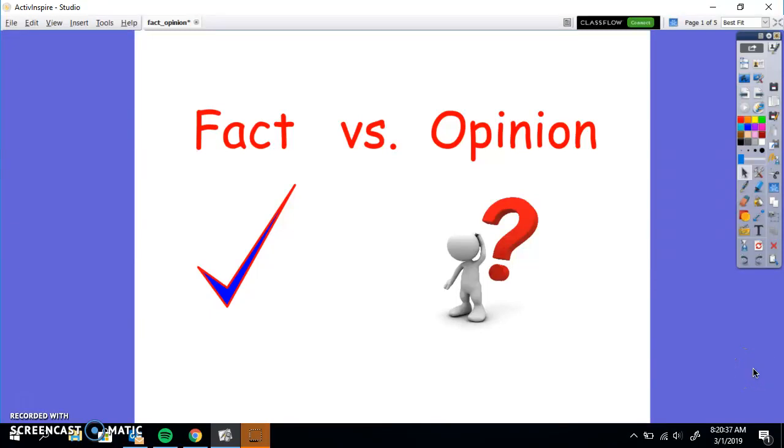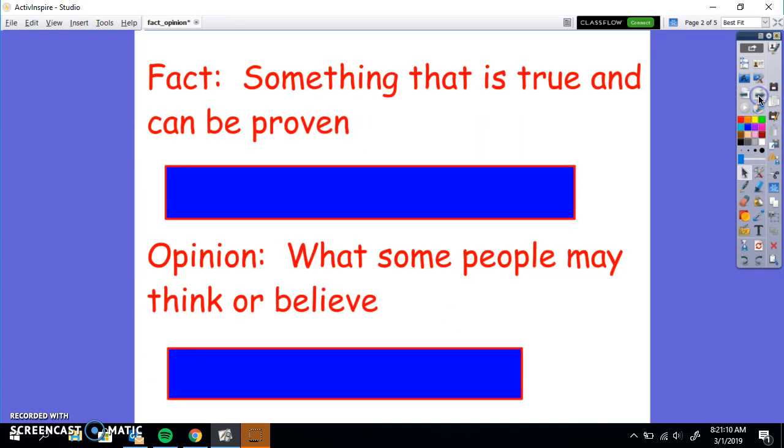Hello everyone. As part of our nonfiction unit, we need to talk about fact versus opinion. You should all be fairly familiar with the terms fact and opinion, and maybe you have done some practice on it in the past, but we need to review it. I'm going to briefly go over it. I'm going to give you lots of examples and talk about it for a few minutes, and then ask you to complete the rest of this Google form to show us that you can tell the difference between fact versus opinion. So let's get going.